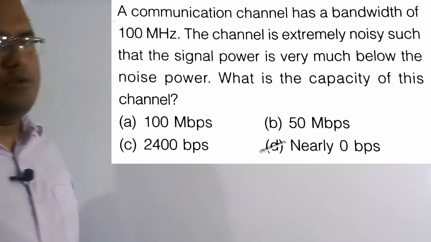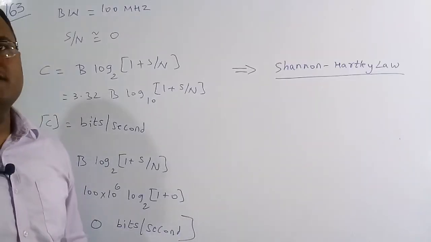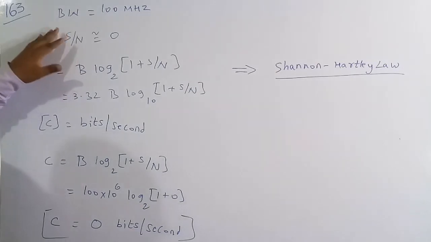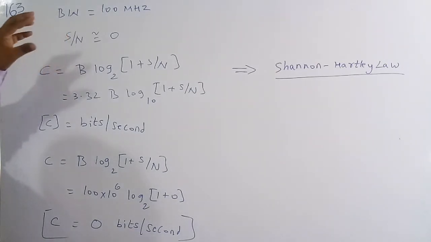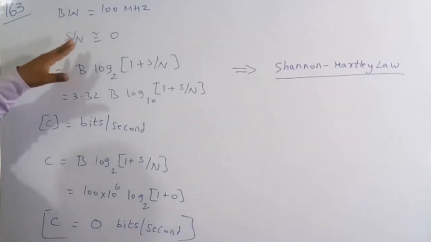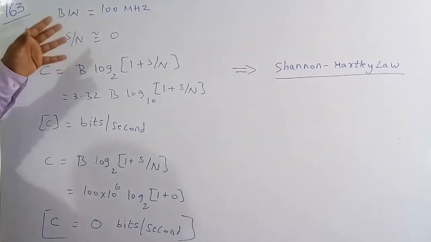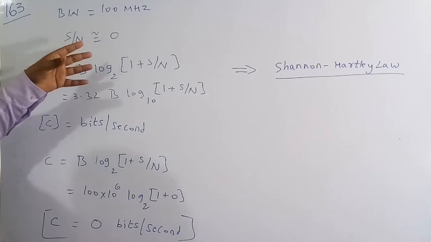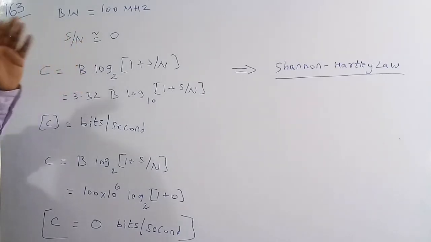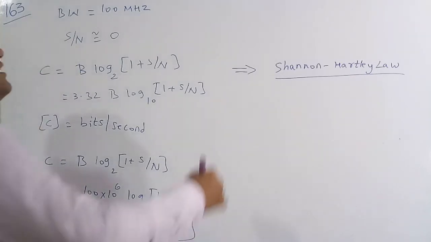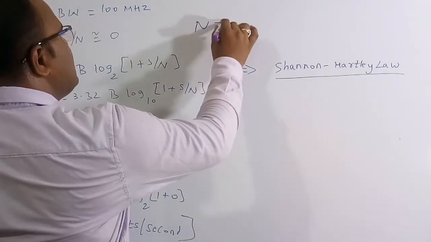So let's solve this numerical. In this question basically they are given that the bandwidth of the communication channel is 100 megahertz, and also they told that the signal power is very much low when compared to the noise power in this channel. Means S is the amount of power which is present in the message signal, and N is the power which is present in the noise. So in this question they are given that N, the noise power, is very much higher when compared to